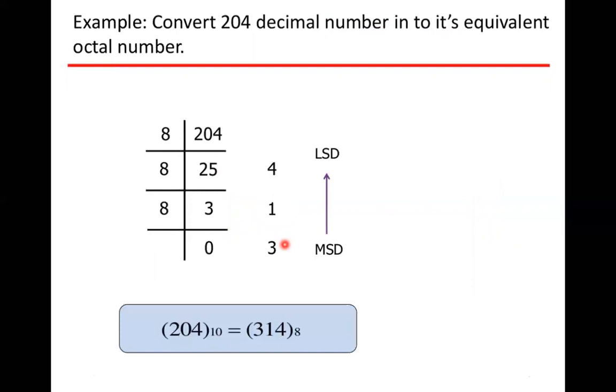So how is the collection of the answer done? From the main scale, from lower to upper. Sorry, from lower to upper. So what is the answer for the 204 decimal number? It is 314 with a base of 8. So this is not a decimal. Please, if you don't put a base of 2, 10, 8, 16, you will be messed up. So to identify it, to represent it, saying that it is an octal number system, there should be a base very clearly written. So 204 base 10 is converted into 314 octal number.